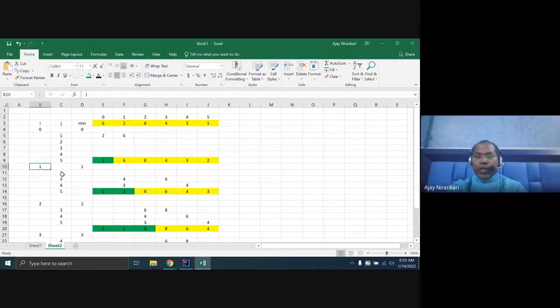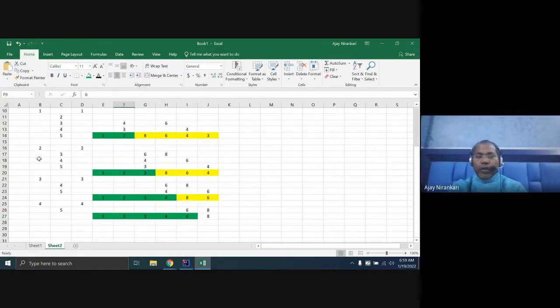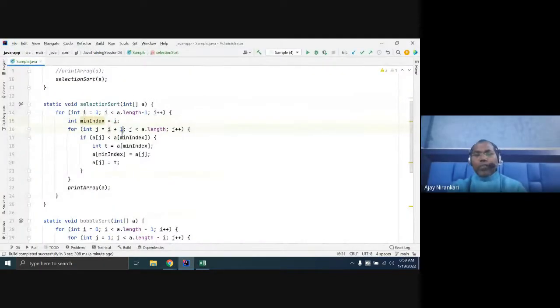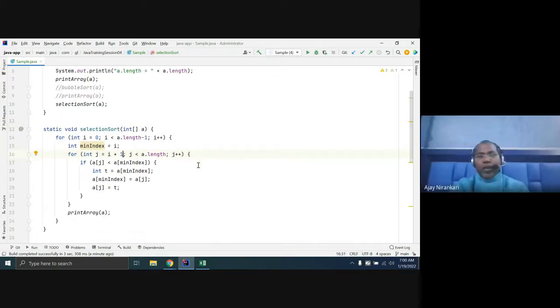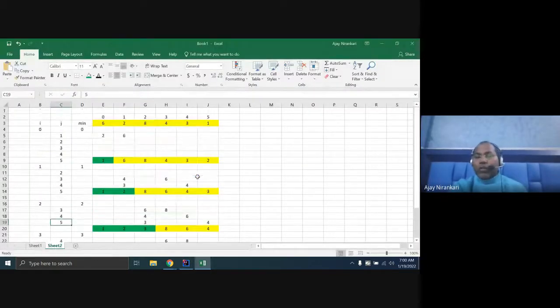The one, then we started loop 2. You are comparing 2 to, this is a 2 to mean value. Similarly for here, 2 means the minimum is 2, and you are starting the inner loop comparison from 3, 3, 4, 5. Due to that, we are saying plus 1, whenever you are comparing, from i plus 1. So this is the way bubble sort works.